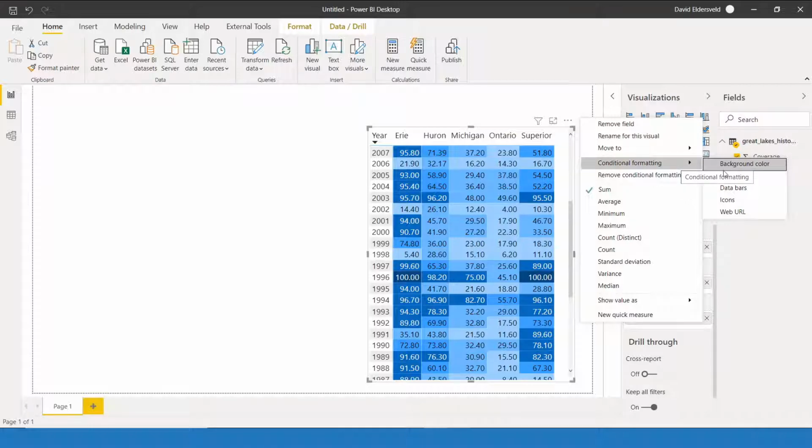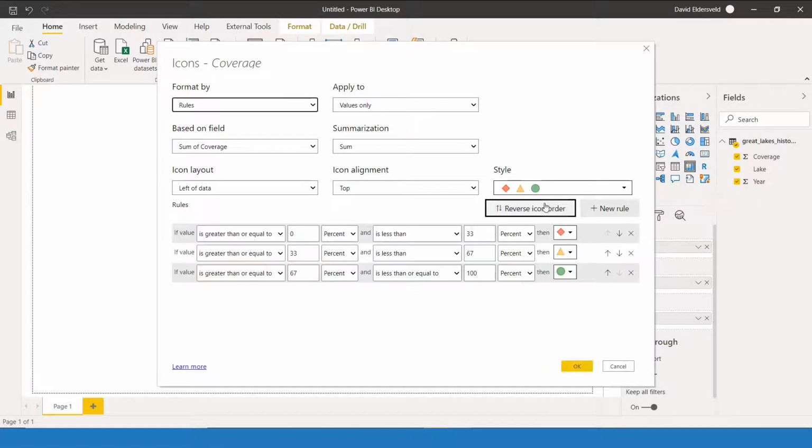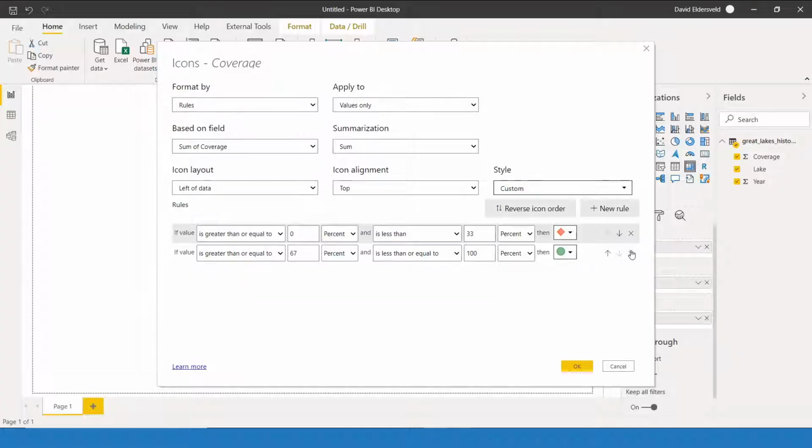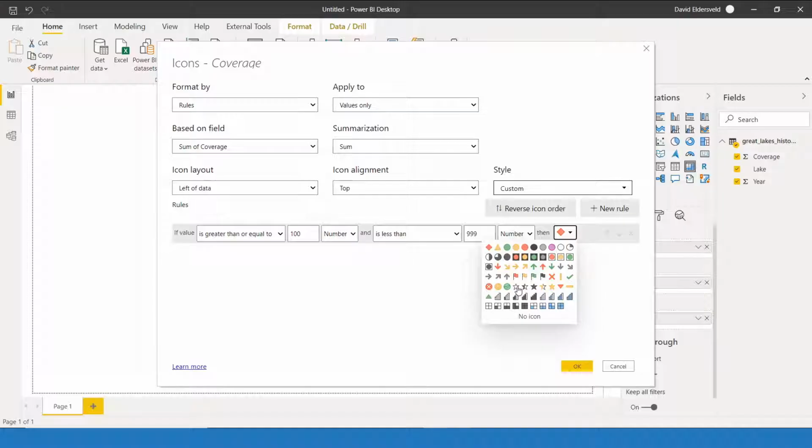But what I want to do is come into color formatting, or sorry, conditional formatting, choose icons now, and I'm going to get rid of these additional rules. And the only thing that I need to pay attention to now is if it's 100, flip it to number, and if it's less than some arbitrary number that's greater than 100, then I simply want to add a star